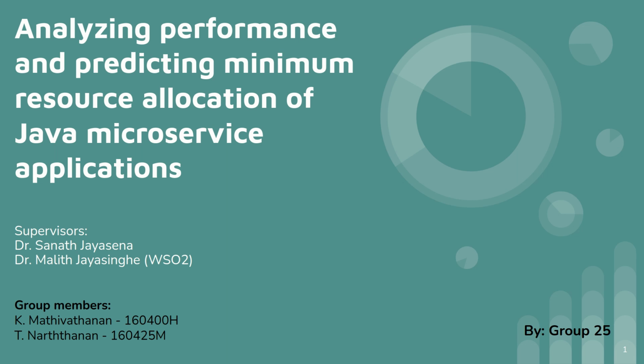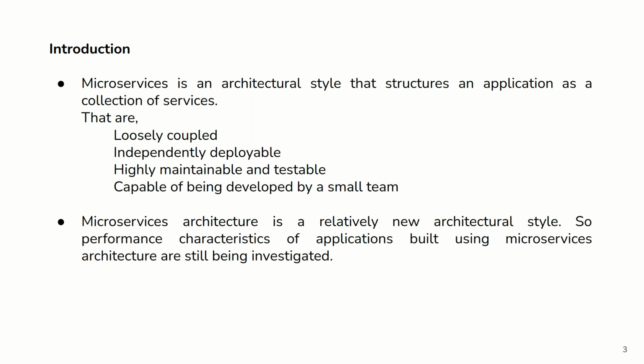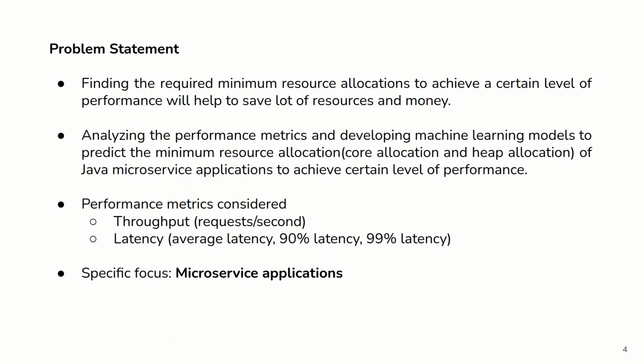Our project is analyzing performance and predicting minimum resource allocation of Java microservice applications. Here, our specific focus is on microservice applications. Our problem is to analyze the performance metrics such as throughput and latencies and develop machine learning models to predict the minimum resource allocations such as core allocation and heap allocation of selected Java microservice applications to achieve a certain